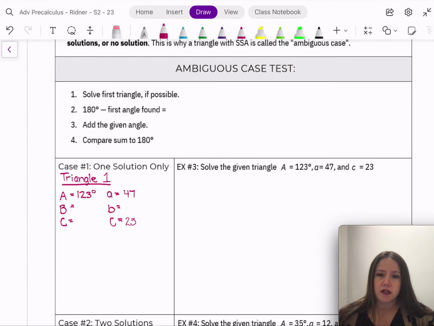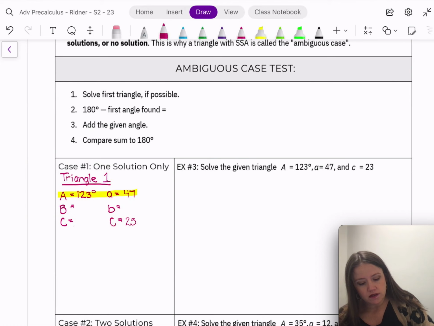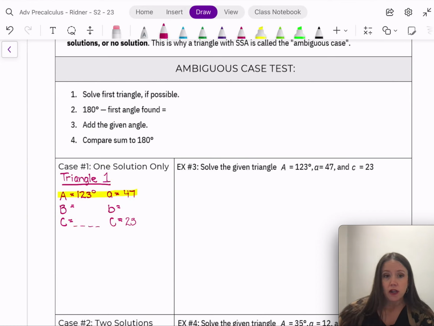So notice I went ahead and set up the information we're given for our triangle. I know I can use law of sines because I have two of the same letters, small letter and large letter. The difference this time is if I look at what piece of information I can solve, the first thing I'm going to have to solve for is an angle. If I have to solve for an angle when using law of sines, I know that's side-side-angle,